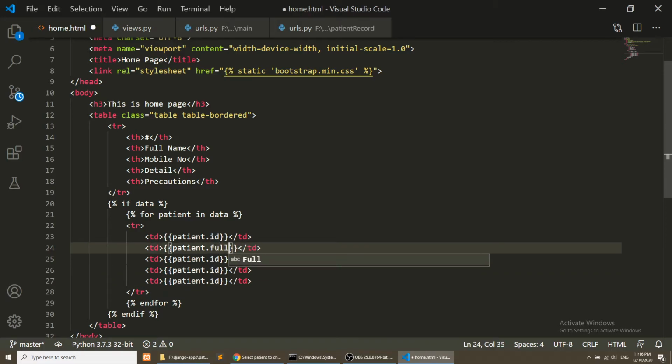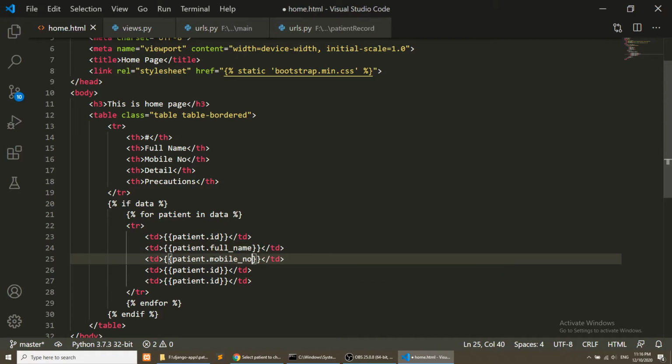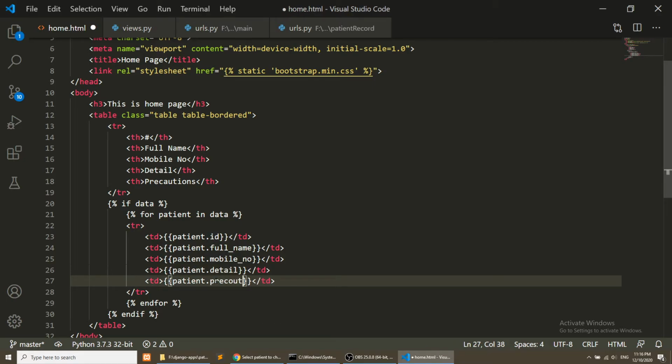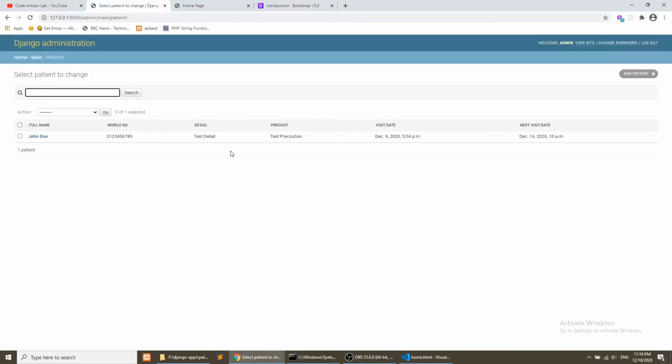Okay, so full name, mobile number, detail, precaution. So what we have created is a precaution.